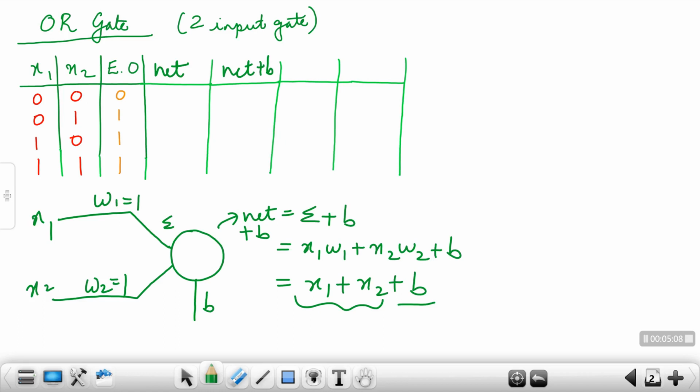So here, what is net? Net is x1 plus x2. So 0, 1, 1, 2. And what will be net plus b? That is net plus bias will be 0 plus b, 1 plus b, 1 plus b, 2 plus b. Fine. Now, what value of net should be selected such that this net plus b